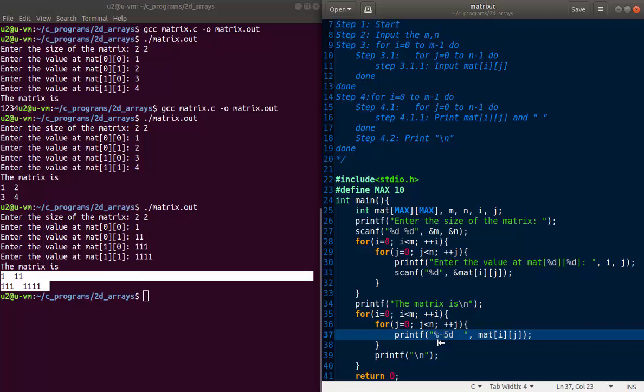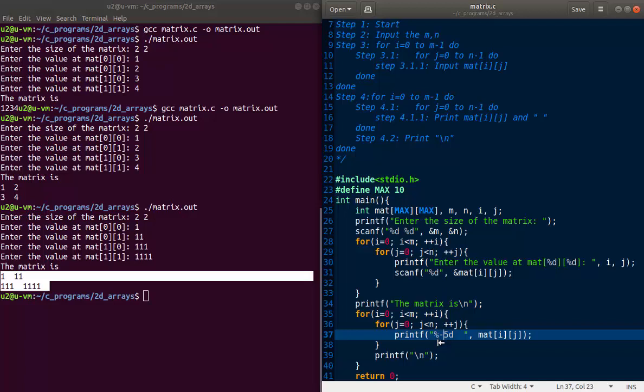So if it is 1, then it will write 1 and then put 4 spaces. If it is 11111, then it will write that number as such. If it is 111, then it will put 2 spaces after 111,